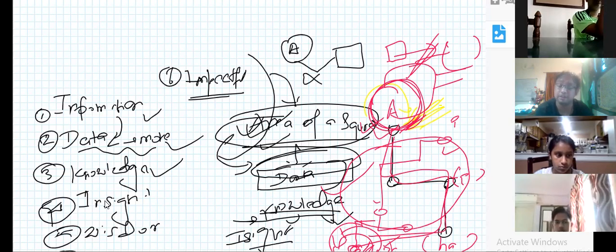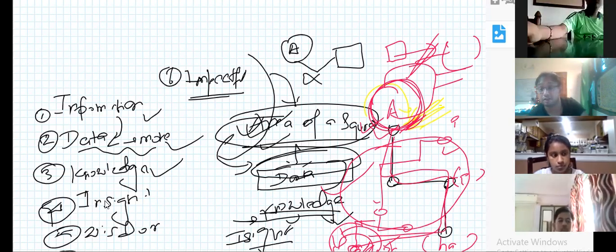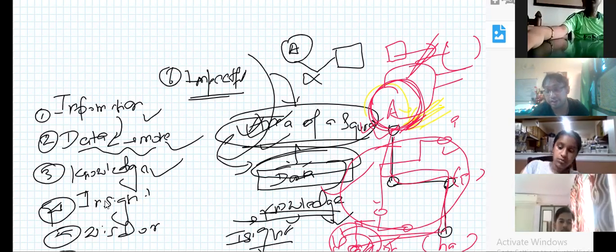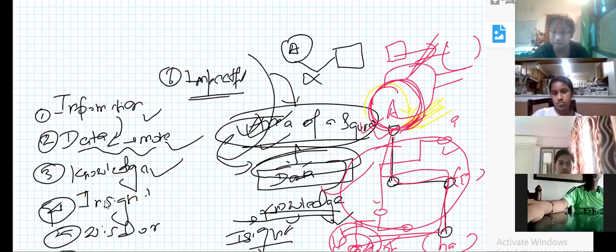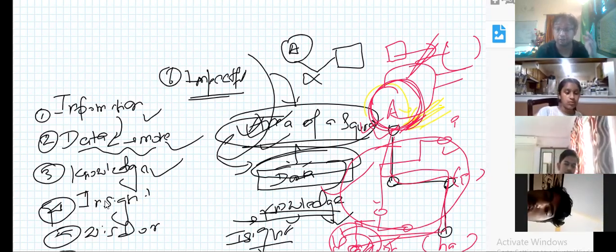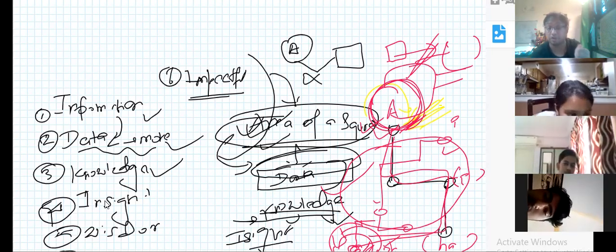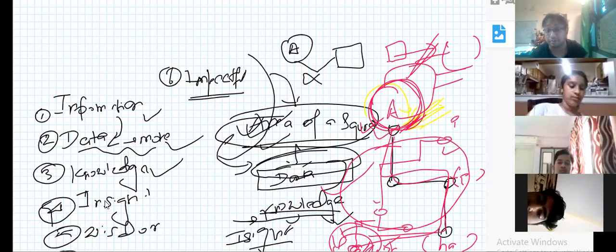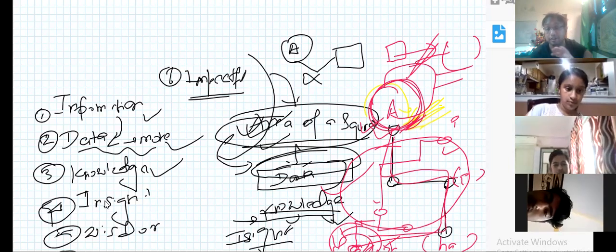If you see it in a larger perspective in life, suppose I have math and this is science. How can I connect science to math? This is what wisdom power is. So we can classify the information: on the basis of information we can classify data, knowledge, insight, and wisdom, and then connect the different variations.